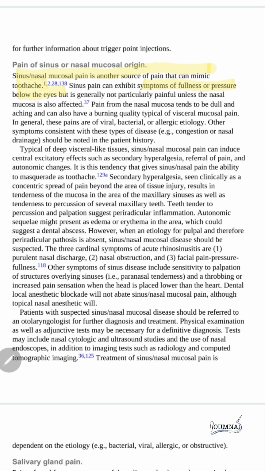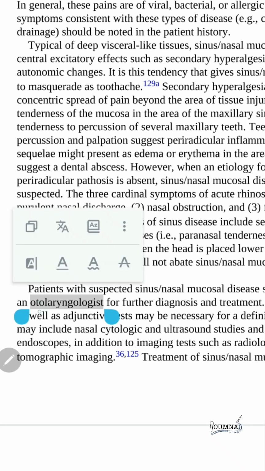When the sinus is inflamed, in its acute stage, we can see nasal obstruction, facial pain, pressure, fullness, or nasal discharge. When we do palpation of the area under the eye, we can feel tenderness and pressure in this area. So if we suspect that we are dealing with a sinusitis, the patient is referred to this one, if you can read it,